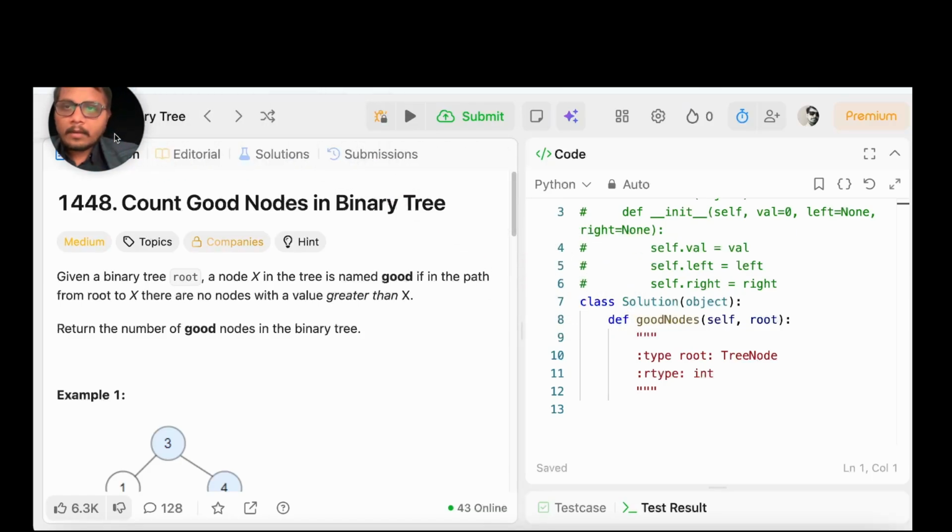So there you go. We have been given a binary tree which has a root, rooted at this node root, and a node x is also given, and we are supposed to return